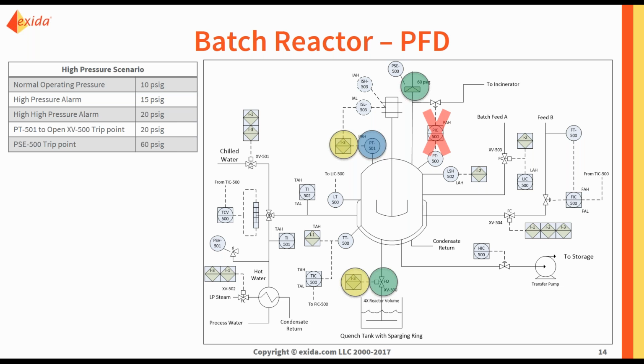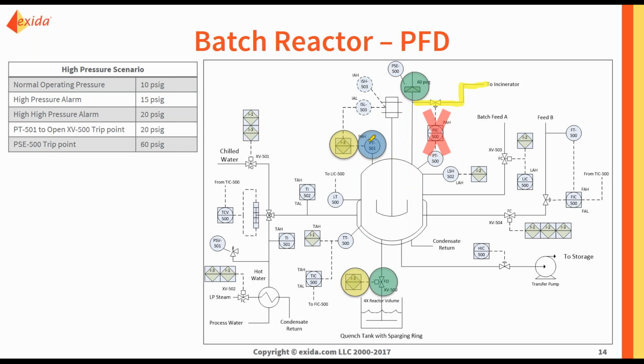And I'm going to say, you can see here that there is a vent line to an incinerator. So the only way that pressure should get too high in the reactor is if for some reason that fails or the valve is blocked. So that's why I have this X here. If that should happen,